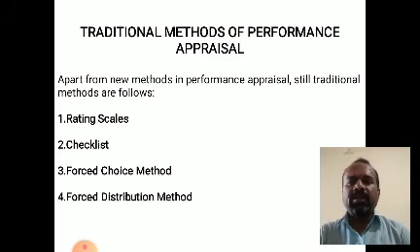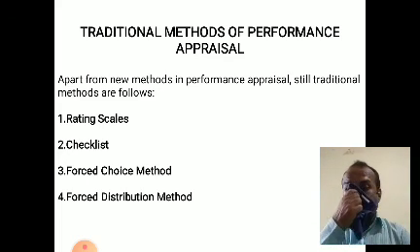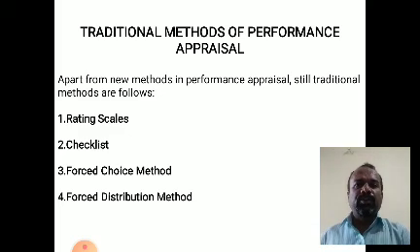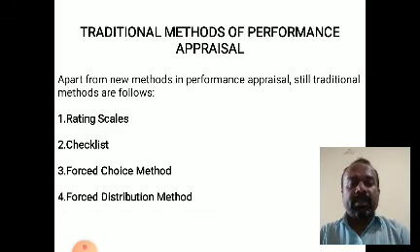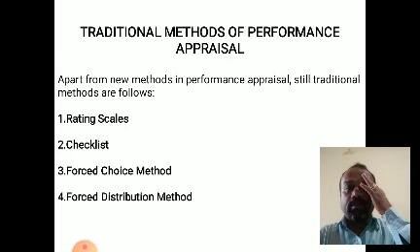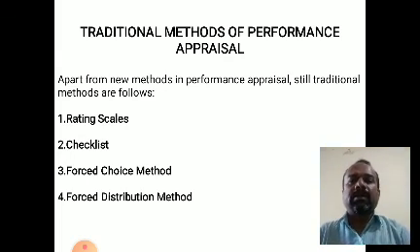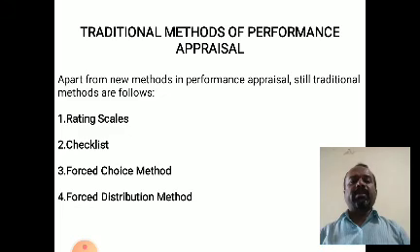Many such criteria may be considered for an employee when he is given the rating based on his performance against each set criterion, and then the consolidated score is computed according to the organizational rules and regulations. The rating scales are one of the easiest traditional methods of performance appraisal and can be applied to any job for that matter. So this is what rating scales is all about. Moving on to the second traditional method of performance appraisal, which is checklist.